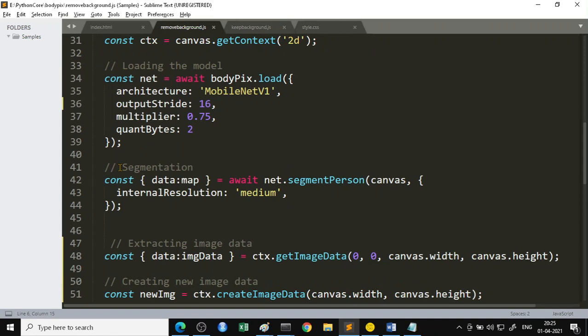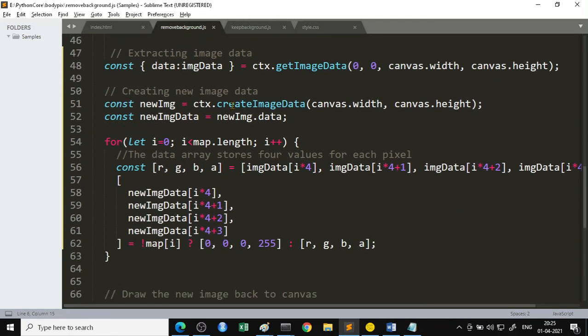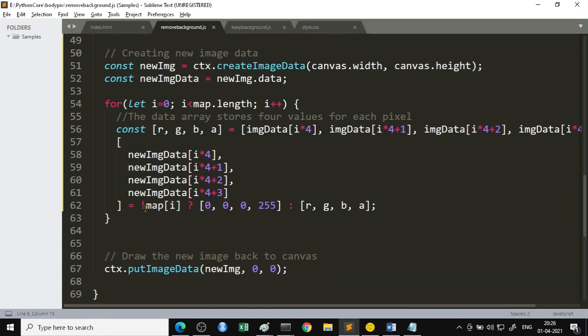As well, there is a configuration for segmentation. You can segment the complete person as a single segment, or as I said, you can have 24 segments of the body parts. Here I have done a complete segmentation. Once you get the result, you create an empty image data, and wherever there is 0, you can map it with a particular color.